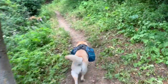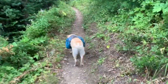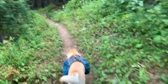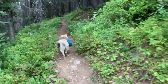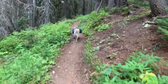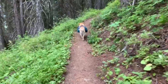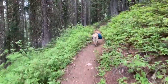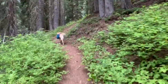Because we're so close to the border, there's lots of people, well, not lots, but the PCT through hikers are finishing from here, maybe within 25k. So yesterday I met a guy at the pass where I camped, and he's finishing today, but he hiked on probably into the night. And then I just ran into a girl who finished yesterday, and Kayla went around the corner, and she always stops when she sees someone, and I came around the corner, and the girl literally burst into tears,